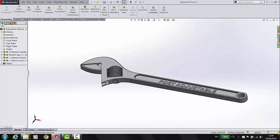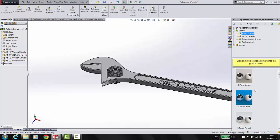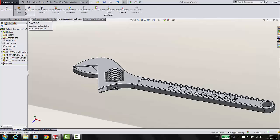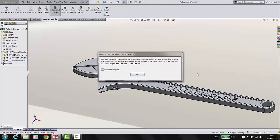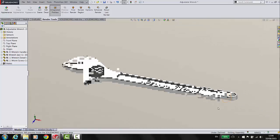I can add a different background if I wish. And scenes there. And if I add in my Solidworks, so I add in my Solidworks 360, a new function here is the integrated preview. If I choose integrated preview, it will render within Solidworks now. So at the minute it is rendering it, and it's giving me a full preview there before I do my final render. So I can adjust it there,